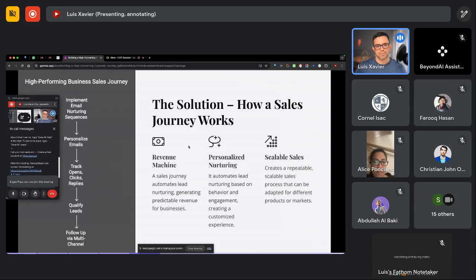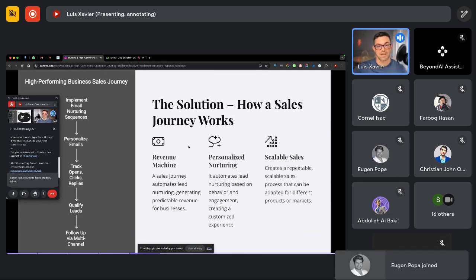Let's think about it. When you send a newsletter, when you send a broadcast email to everyone, what happens? You're not tracking. They receive the email and they could be reading the email. Maybe they just tagged you, like they reported you as a spammer, right? You're not tracking, so it's very hard to know what's happening.